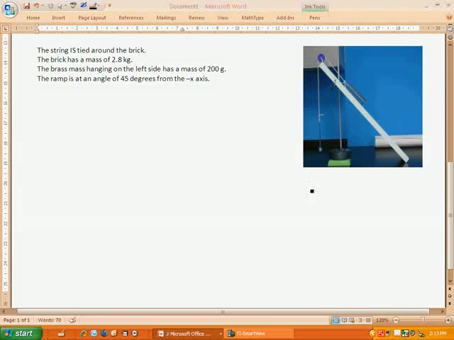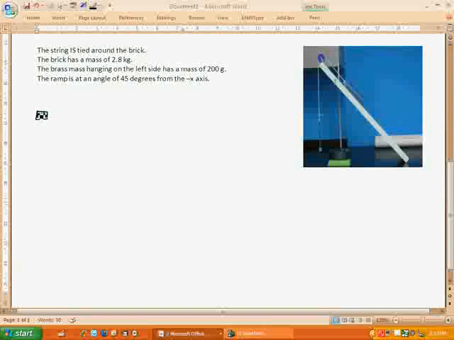Let's look at one more example of a problem of an object that's sitting on a slanted ramp. This one actually has a pulley involved as well, so we're going to have some strain and some tension involved there, along with the other forces that we have. Let's start off by drawing a force diagram or a free body diagram for each of my